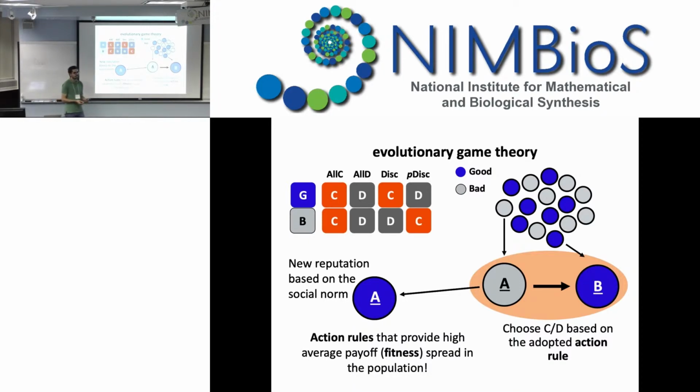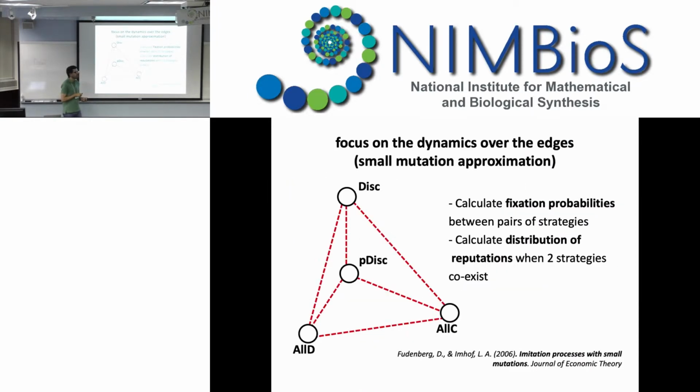Okay. So this is the general blueprint of the model. Then we can discuss other details afterwards, and I'm not going to be more specific here. Just let me give you an idea of how we can study this model. So we can, for example, calculate the fixation probabilities between pairs of strategies. So what's the probability that one strategy fixates in a population previously composed by another strategy? And this will allow us, under this small mutation approximation, to calculate all the fixation probabilities and define a Markov chain.